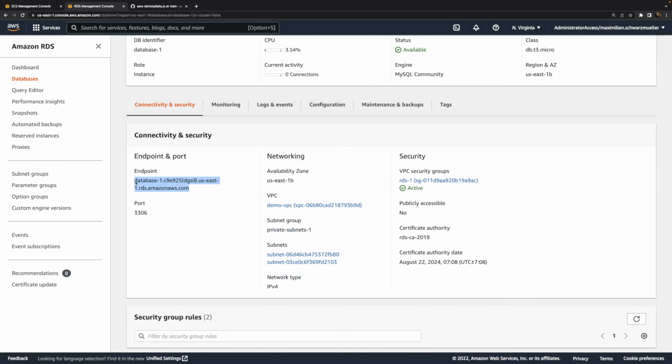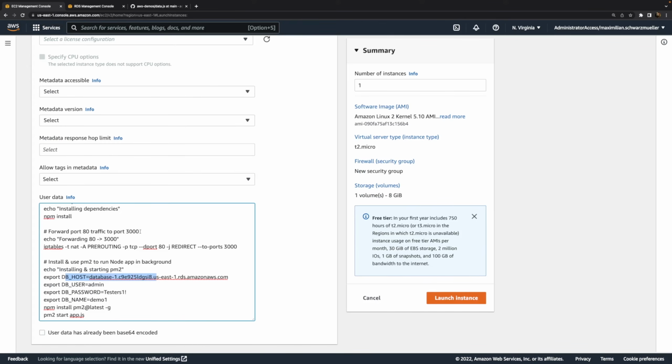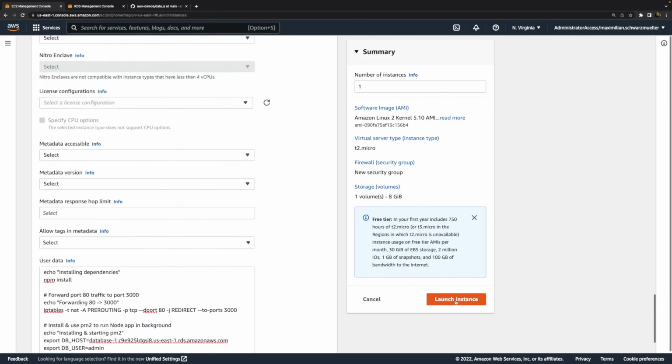And that's the address of this instance that can be used and that can be reached from inside that VPC. If you would have enabled public access, it could also be reached via the internet. Here, I want to add that as my host here. And therefore now, with all of that done, we can launch this EC2 instance.